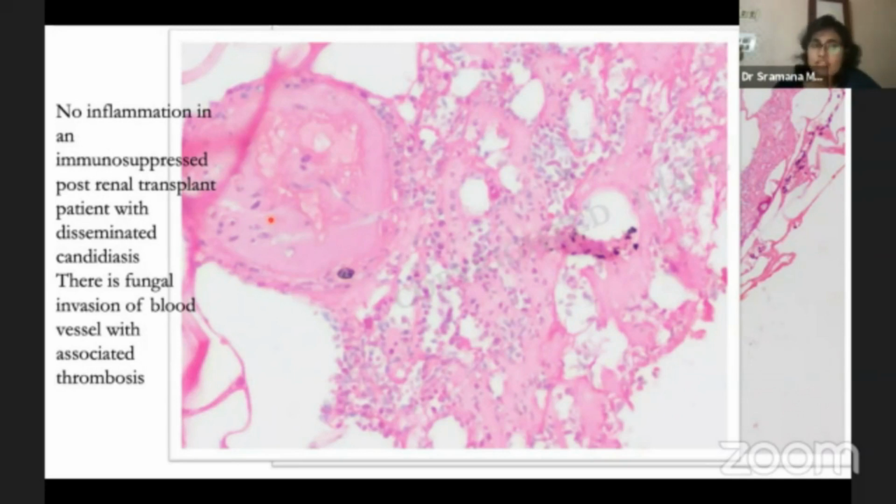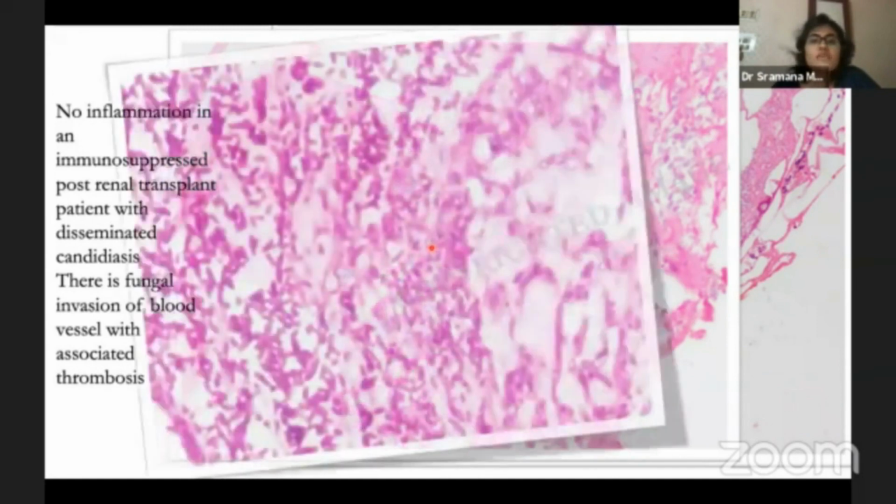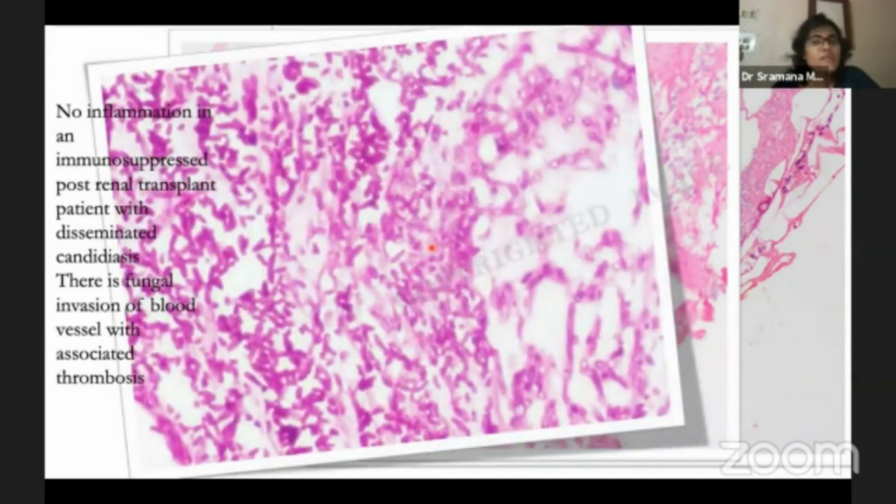This was a case of disseminated candidiasis, but what is striking here is the total absence of inflammatory cells. So in a setting of immunocompromise, when the host cannot mount an immune response, you can see florid fungal dissemination. So this is a PAS stain of the same biopsy specimen where you can see the